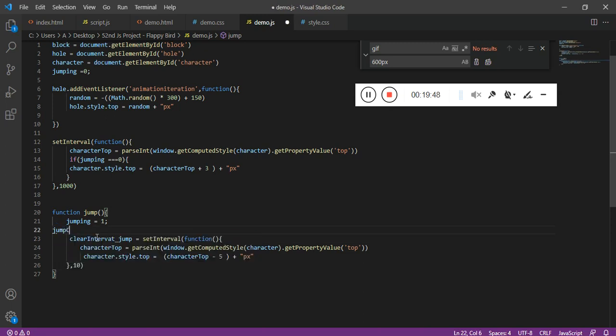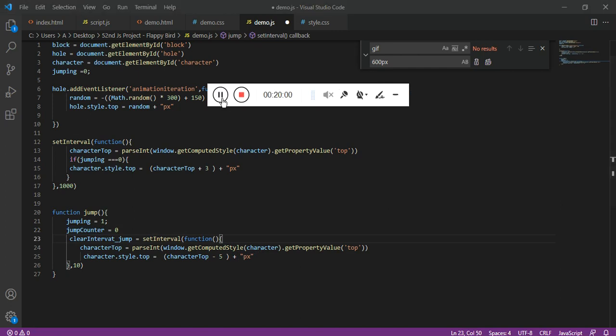So let's create a counter, jumpCounter equal to 0. When I click on it, it should be 0, and after that, on set interval I want this jump counter to get incremented. This is going to be unlimited, it is going to run an infinite number of times.